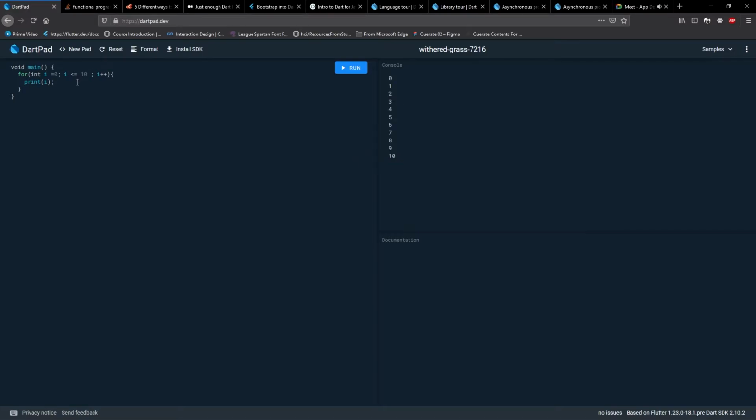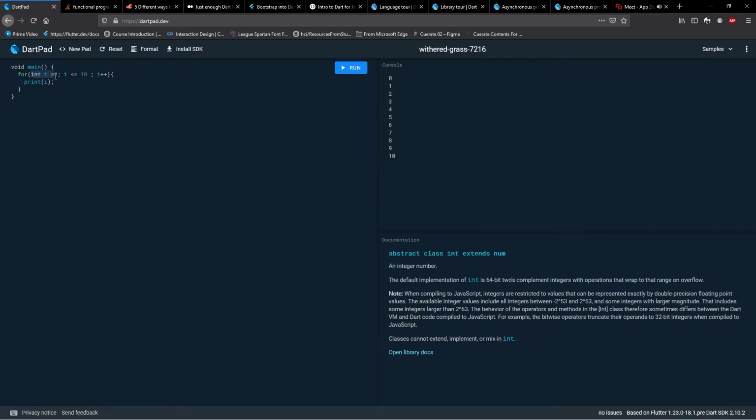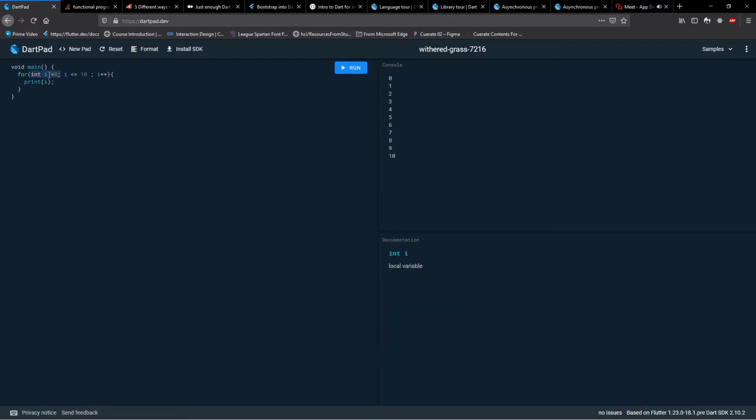Okay. Now what is happening over here? This is called an initializer. This statement is executed only once at the start of the for loop. So it has only executed it once and it has set I is equal to 0. That's all. And after it set I is equal to 0, it is going to print I. It has printed 0 over here. Next it is going to go back over here and increment the value of I. I in memory will become 1 and then it comes to check this condition over here.